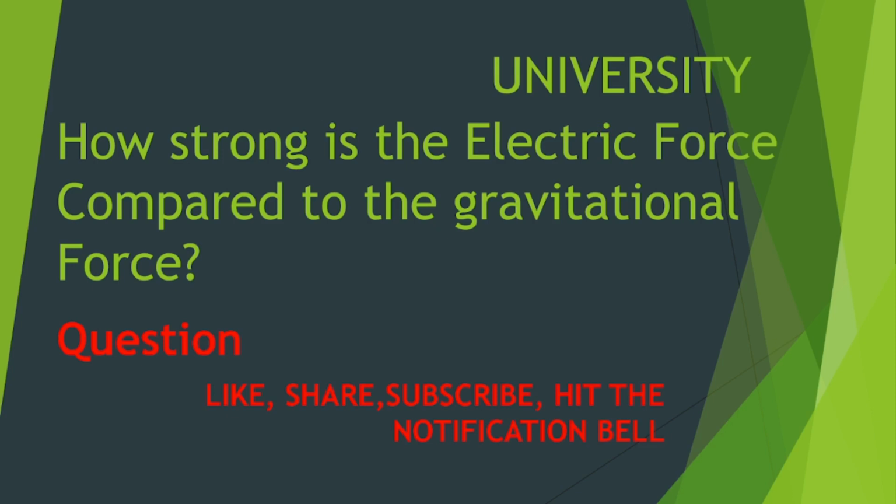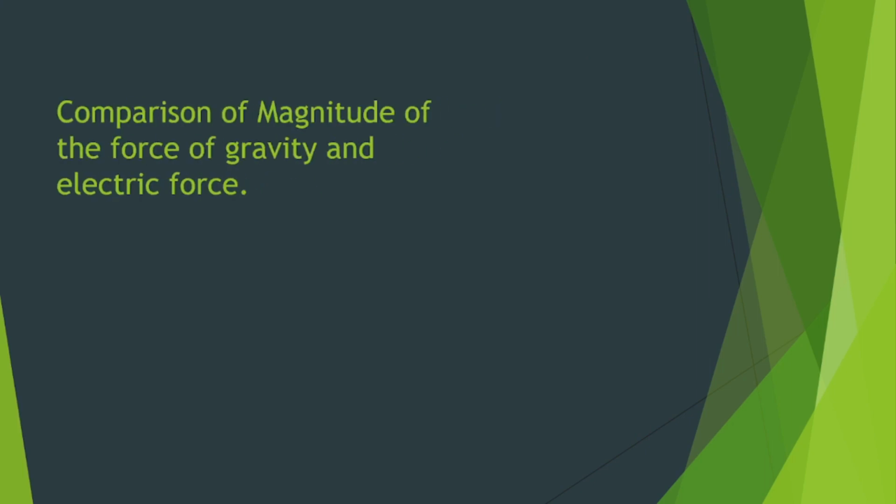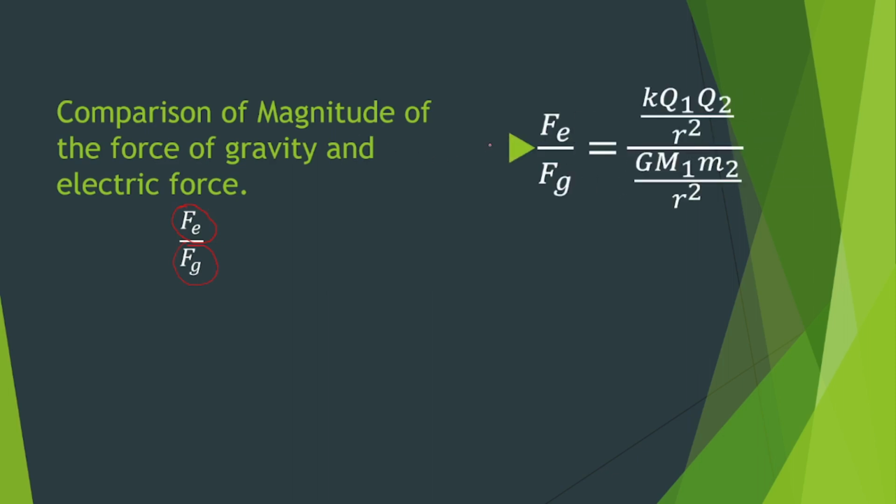So let us start our journey by making a comparison between the magnitude of the force of gravity and the electric force. So I have here a formula which is Fe all over Fg, and we know that Fe is the electric force and Fg is the force of gravity, and it has an equivalent formulation of Fe for the numerator all over our denominator, which is Fg, and it has an equivalent form of for Fe we have